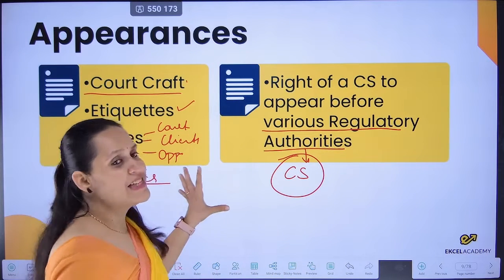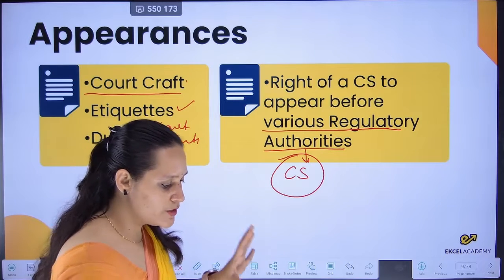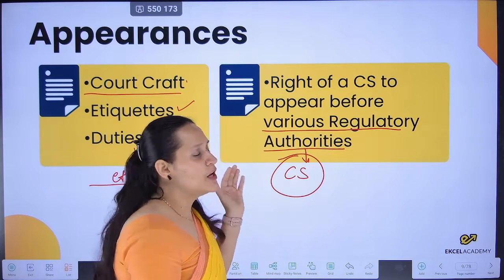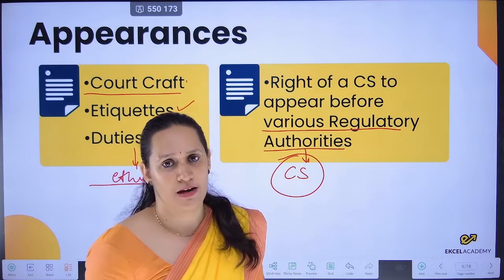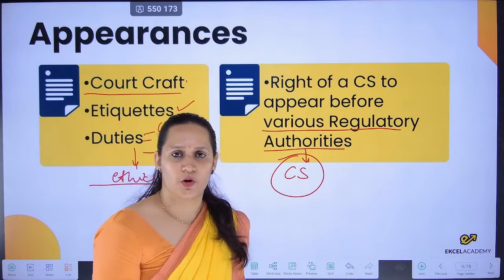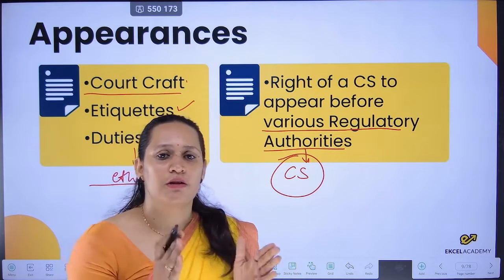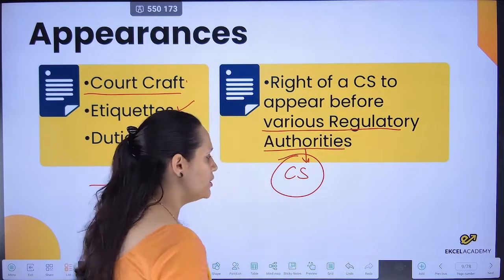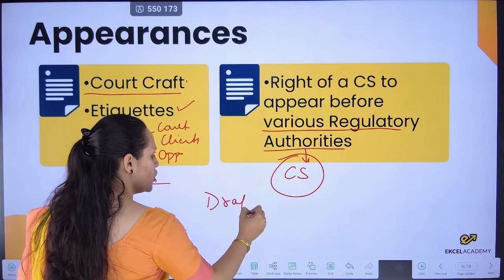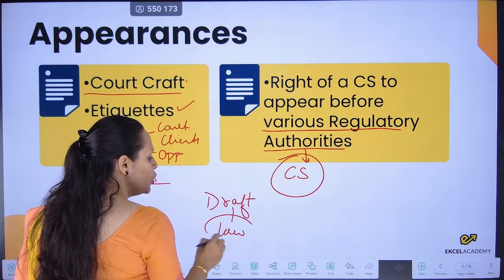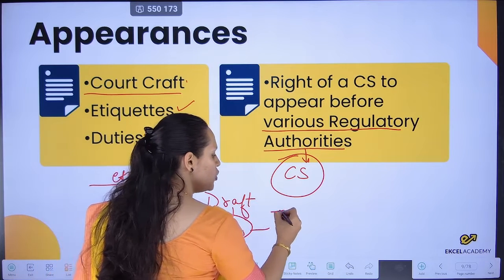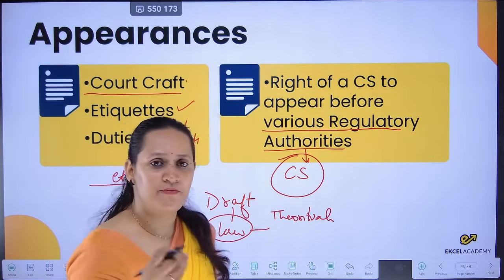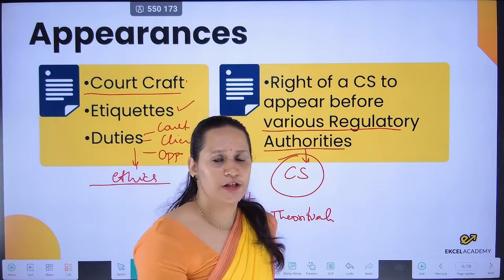So this portion is primarily theoretical in nature. What we are going to study in pleadings and drafting will involve a practical element, and this concept of appearances is mainly theory based. We don't have a lot of practical aspect in this part. So your subject on drafting, pleading and appearances is a combination of practical and theory, because like I said, if you want to draft a good legal document, you should know the law very well. You will know the law very well only when you are focused on the theoretical knowledge that we have studied in CS Executive, whether that is the Transfer of Property Act, the Civil Procedure Code,